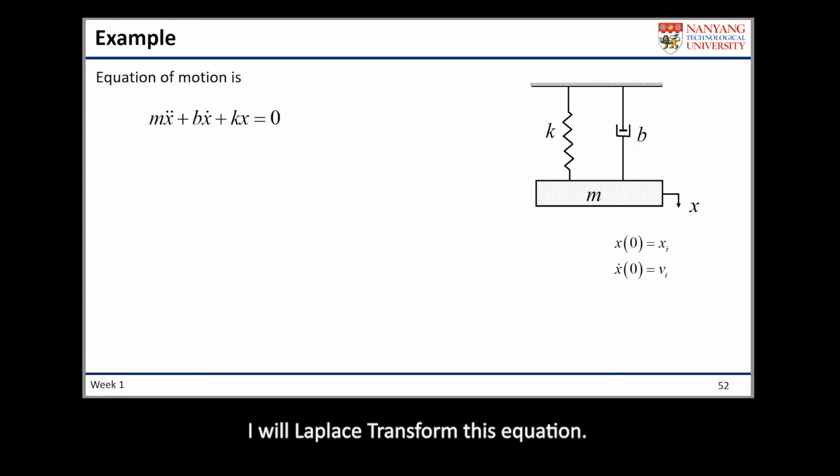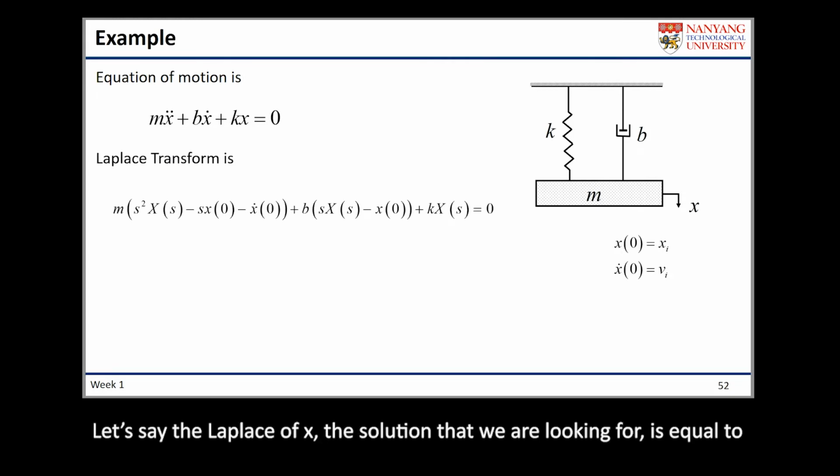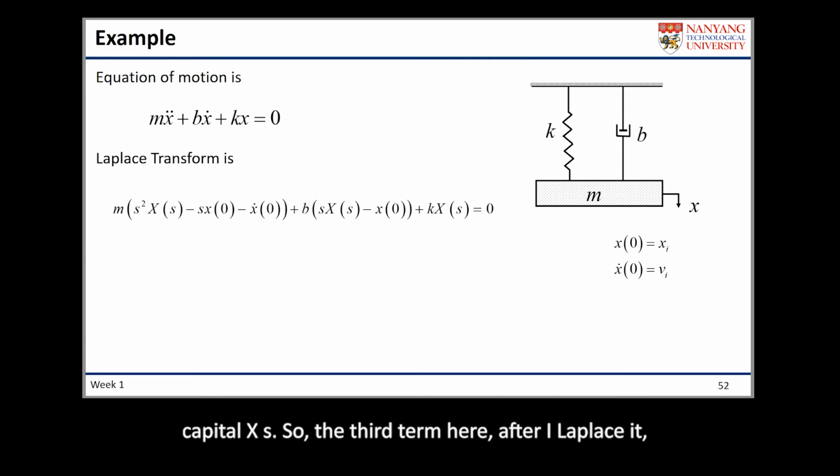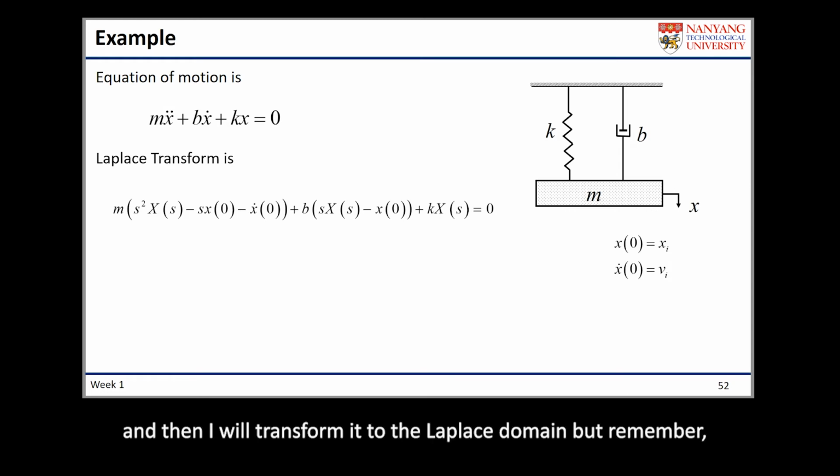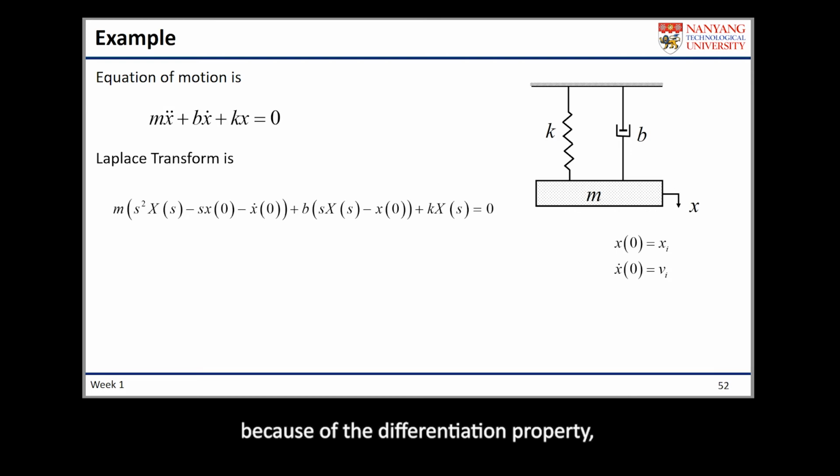I will Laplace transform this equation. Let's say the Laplace of x, the solution that we are looking for, is equal to capital X(s). So the third term here, after I Laplace it, will become k times capital X(s), the Laplace of x(t), right? The second term is b x dot, b times the first derivative of x, and then I will transform it in the Laplace domain. But remember, because of the